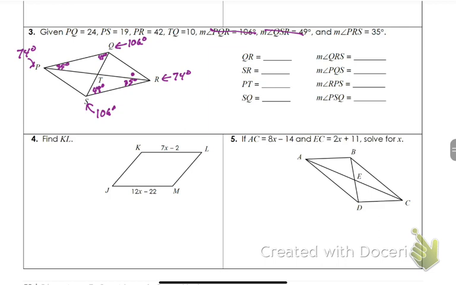We could do the same thing with this 49 because 49 deals with that 106. So if I do 106 minus 49, I get that angle there. And if they ask for any of the inside angles, remember you do have triangles that sum to 180. So let's say I asked you for